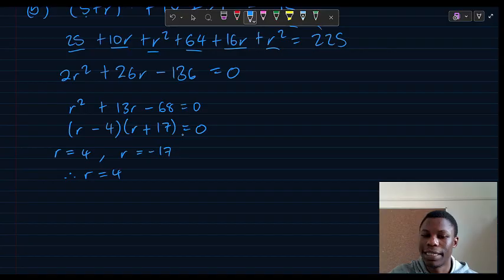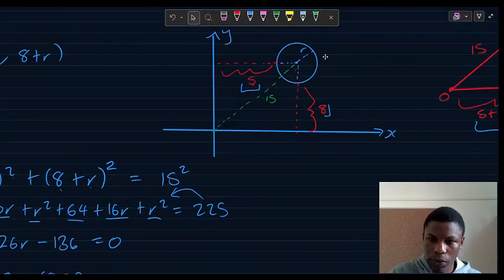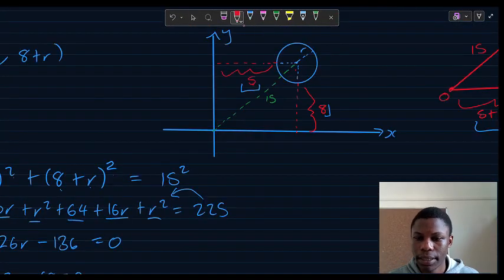Part C says the point on the circle furthest from the origin is denoted by P. Find the gradient of the tangent to the circle at P. So we're told that the point on the circle furthest from the origin is denoted by P. So that will be this point here, because that's the point that's furthest from the origin, but still on our circle. And they're interested in the gradient of the tangent at this point. So that's point P. To get the gradient of the tangent at the point P,